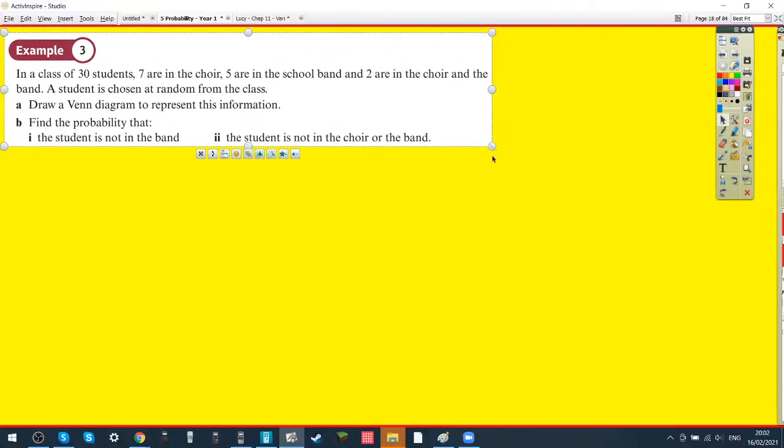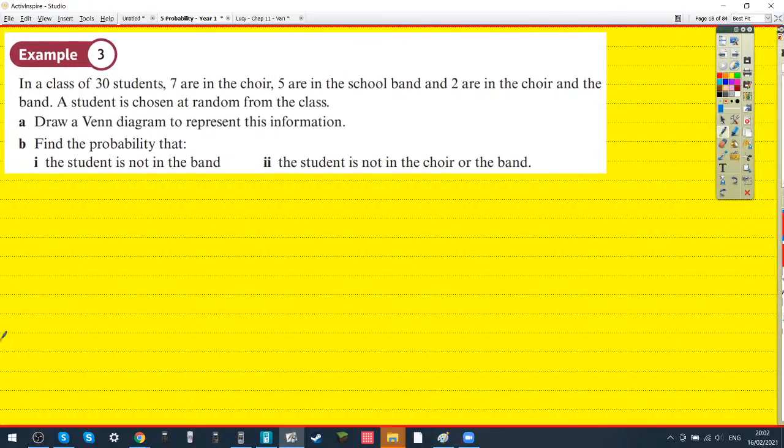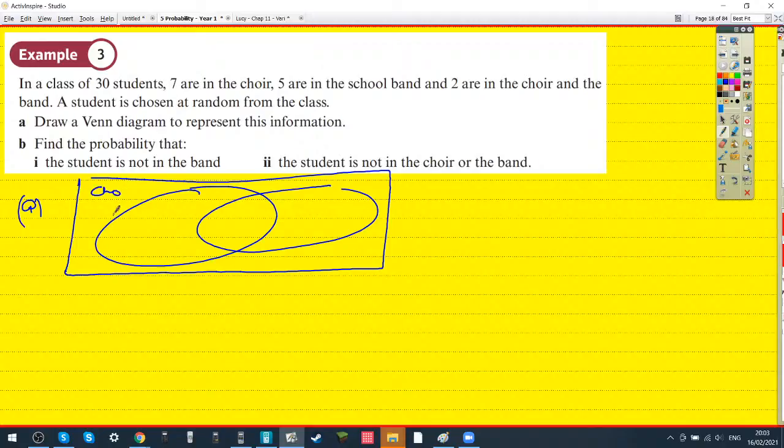Okay, let's try this. So you'd have two circles joined. And one will be choir and the other one will be the school band. Okay. Then you put 7 in the choir side. Okay. 5 in the other side, which is the school band. And then 2 in the middle. And so these 7,